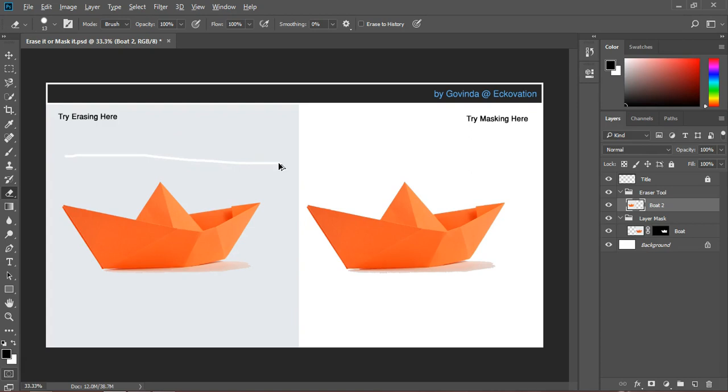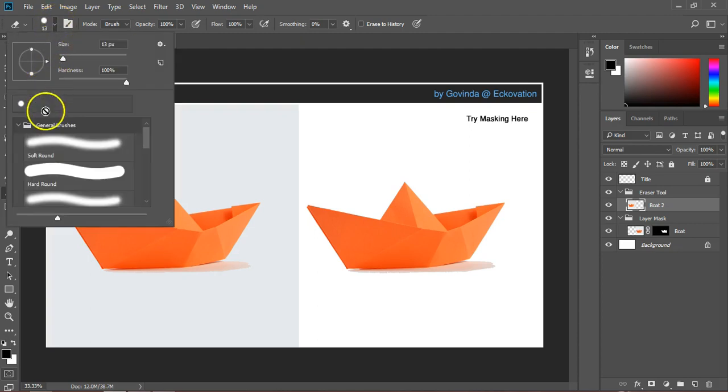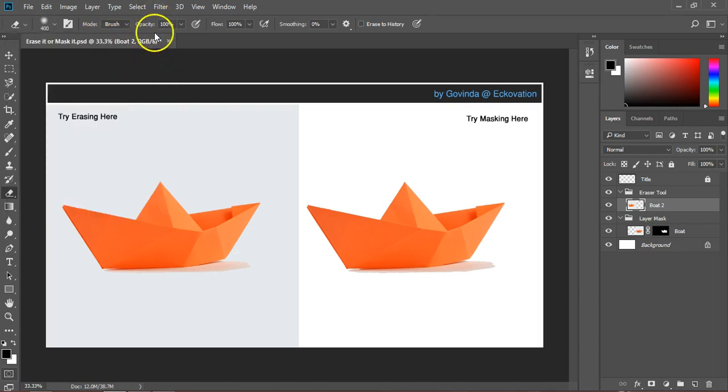Now here, let's say we want to feather the background around the boat 2 image. Now press E to activate the eraser tool. Go to the control panel, click on the brush presets toggle and select the feather brush. That's the soft rounded one, and keep the size of the brush at 400 pixels. The opacity of the eraser should be at 100% if you haven't touched it in the past. Now remove the background around the left boat. This is what happens when you use the eraser tool.